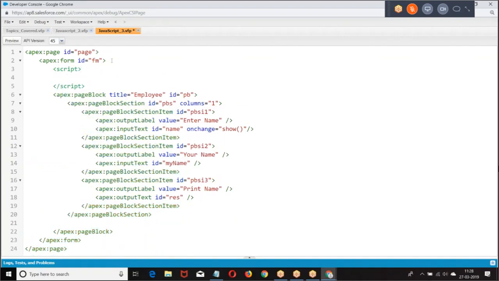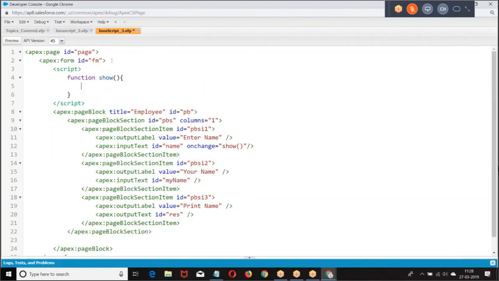Then look at the function. How are you referring to this? Where name equals document.getElementById, with capital E, B, I. Now where is the element?